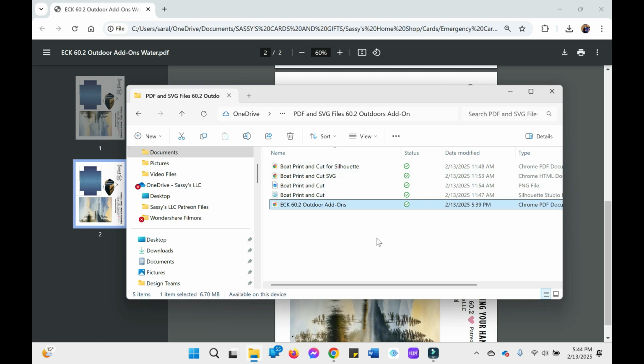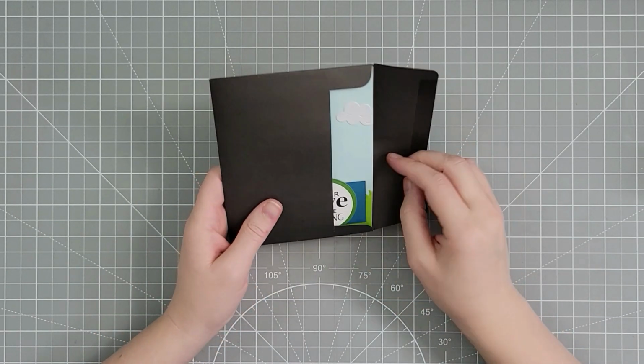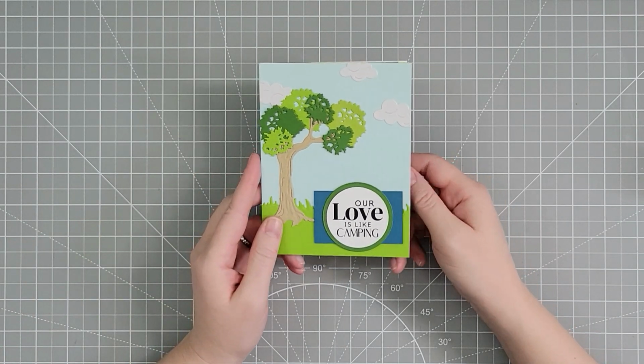I don't have a Cricut that I know how to use yet, so I think there are files in here that will translate to a Cricut, but I'm not sure. So as we're going through all of this, if any of you is more familiar with a Cricut than I am, please let us know what to do and how this should work. And if I get a comment like that, I will pin it towards the top so that everyone can see it. So we'll come back to those cut files, but for now, we're going to use just the PDF